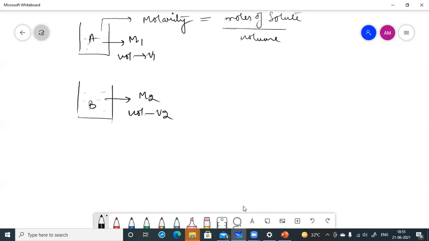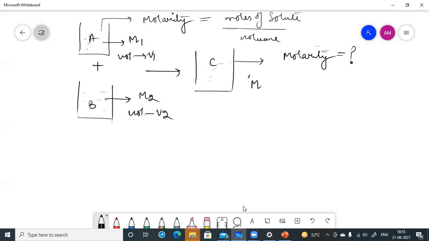And you are mixing these solutions to form a new solution. So what will be the molarity of this solution? There is a formula for this. That new molarity will be equal to